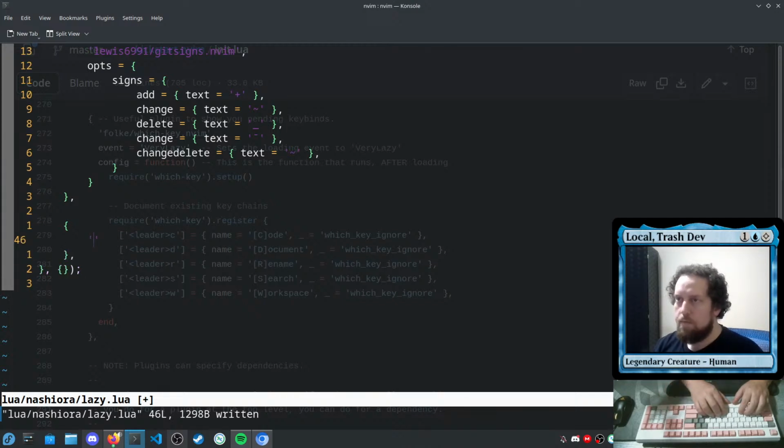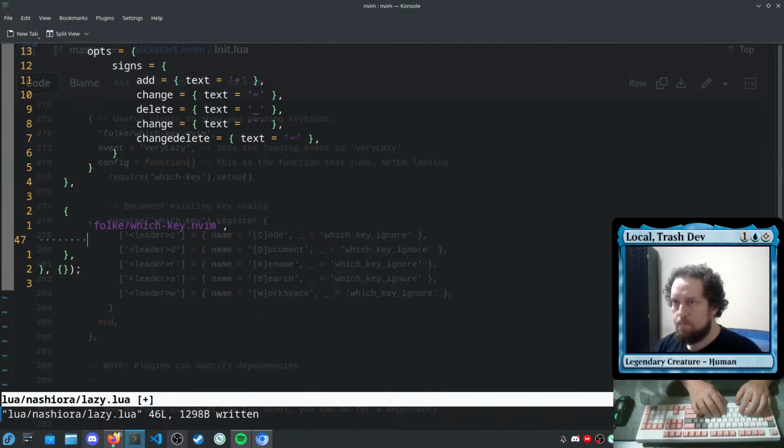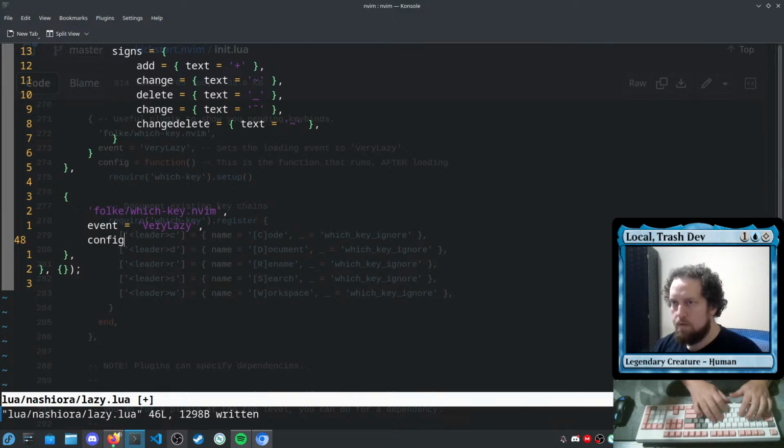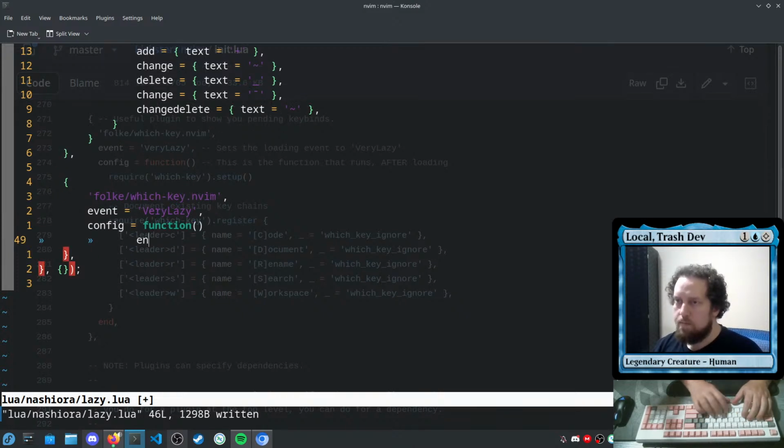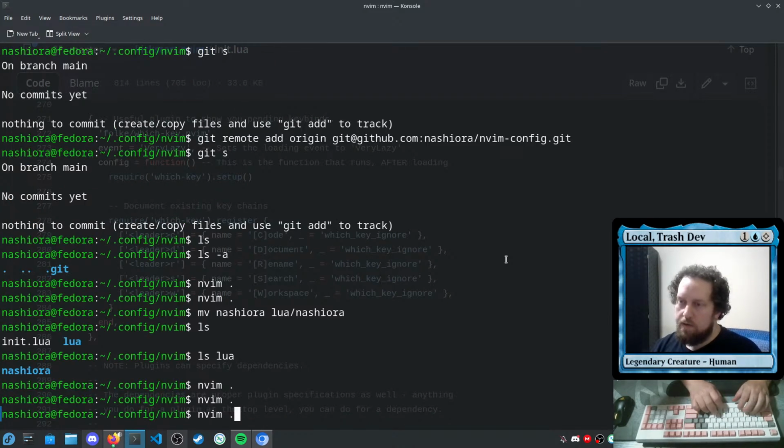So we want which-key.nvim, comma. And then we want event, VeryLazy. Config equals function. Now here's the problem. I really don't want to write this whole function changing all of my indentation all the time. So either I learn how to update that manually, or I see if